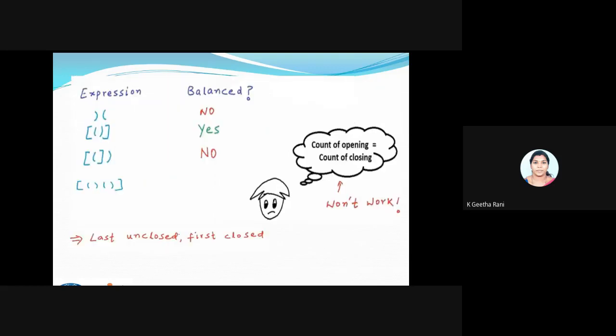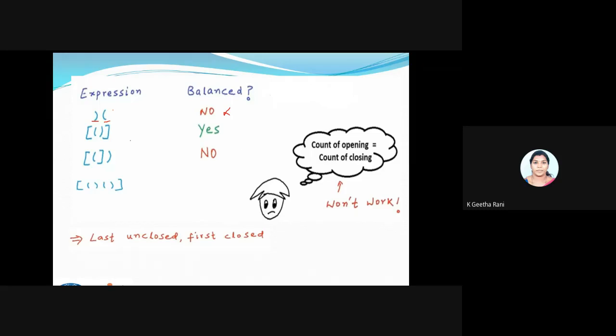See, I'm having two brackets here. If you take this count concept, this bracket doesn't have an opening, this bracket doesn't have a closing, so it's going to be no. So I can't go for the approach of count of opening and count of closing.